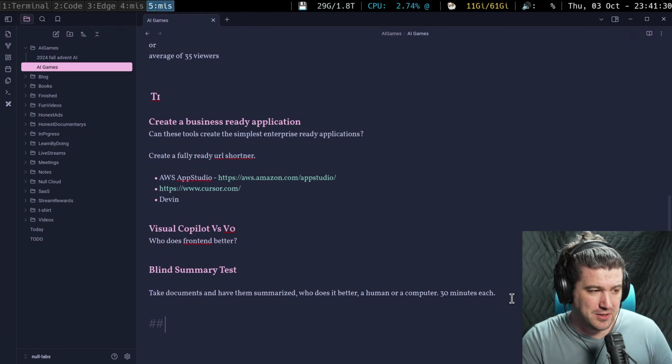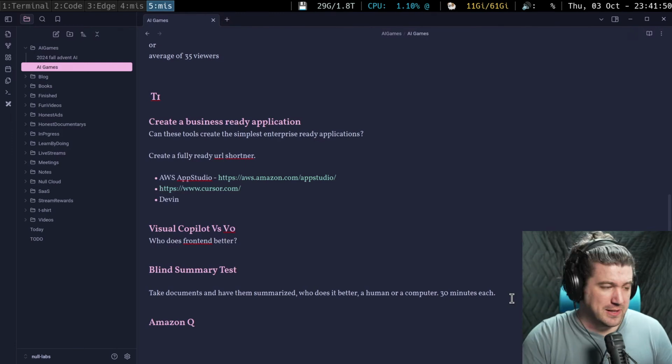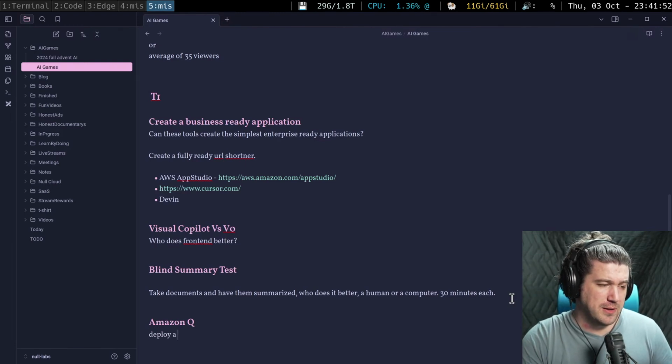So I think Amazon Q does this. Deploy a small app in Amazon and then try to get it to give us appropriate advice.